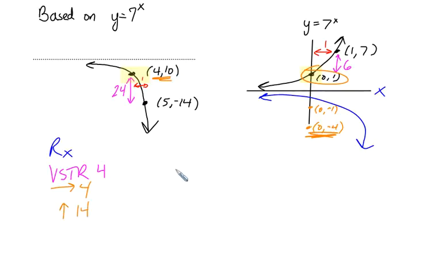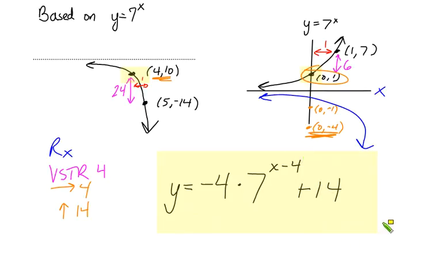So when we write out the final equation for this graph, it would be y is equal to a -4, because of reflect across the x and a vertical stretch of 4, times 7, all raised to the x minus 4, that would be the move it right 4, and then plus 14. This equation right here would be the end equation for this graph in terms of y equals 7 to the